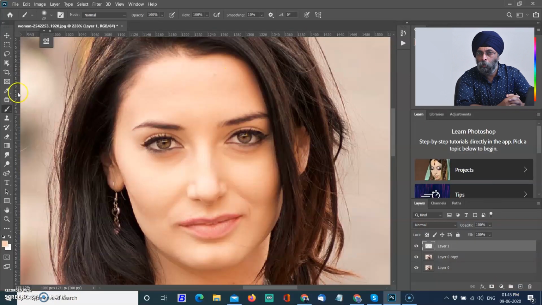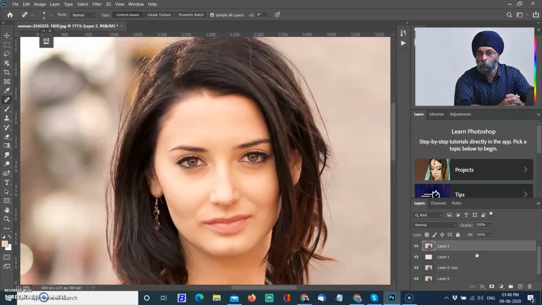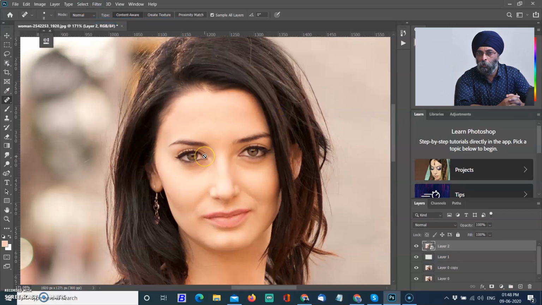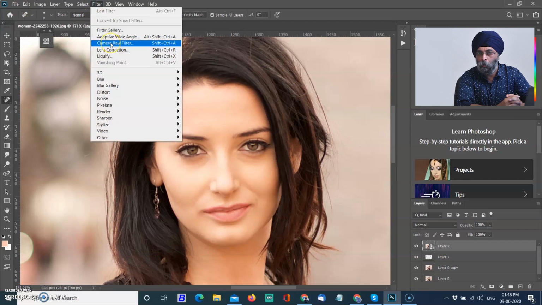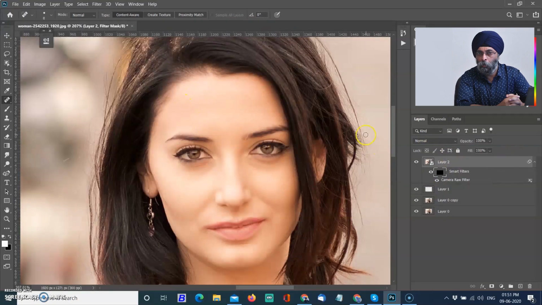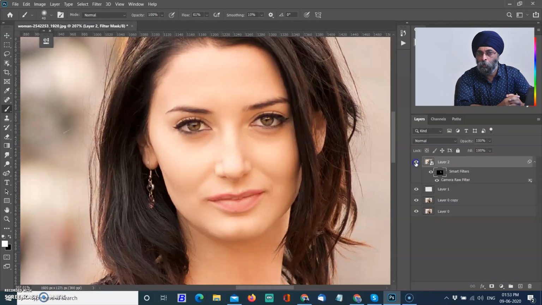Recap. First we created a duplicate layer. Then create a new transparent layer. Use the Spot Healing tool to remove spots and blemishes. Then create a new snapshot. Convert the layer to a smart object. Apply the Camera Raw filter. Set the Texture slider to -85. Click OK. Then convert the white mask to a black mask, brush over the skin only, create a new snapshot, apply the High Pass filter,